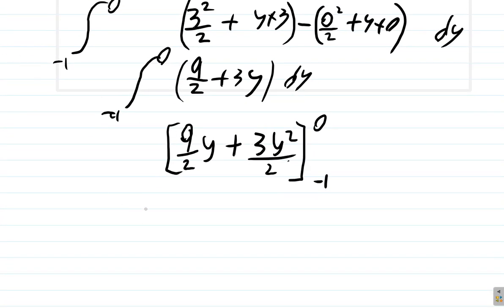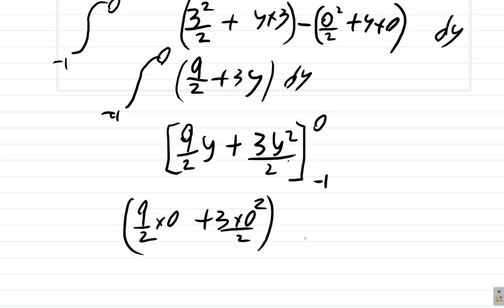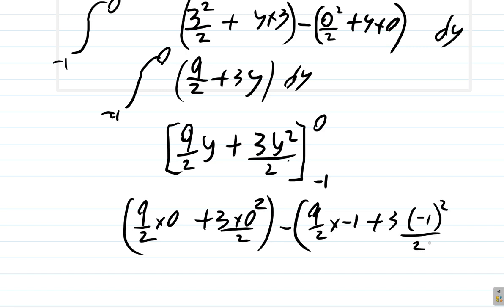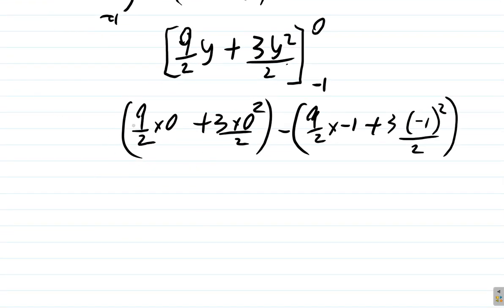So substitute 0 first for y. It's 9 over 2 times 0 plus 3 by 0 squared over 2, bracket, minus. Then we substitute -1 for y. 9 over 2 times -1 plus 3 by -1 squared over 2. So what we get, all of this will amount to 0. As 9 over 2 times 0 is 0, so it's 0 plus 0. 0 squared is 0, 3 by 0 is 0, 0 over 2 is 0. So it's 0 minus 9 divided by 2 by -1 is -9 over 2